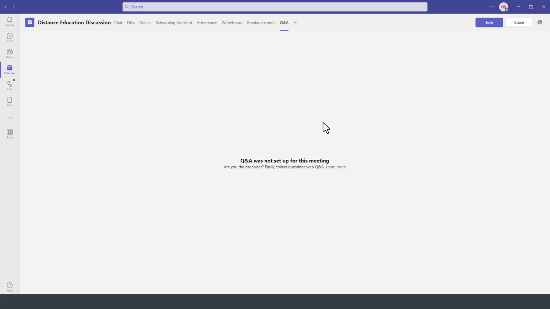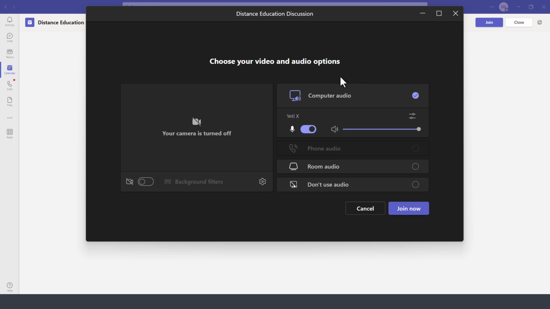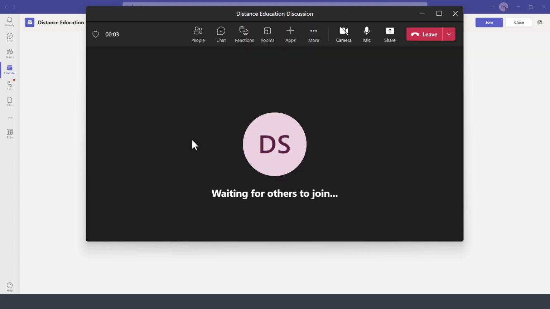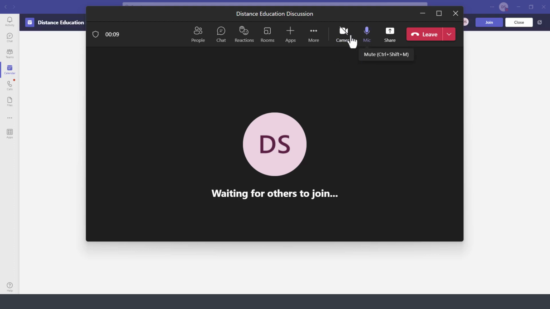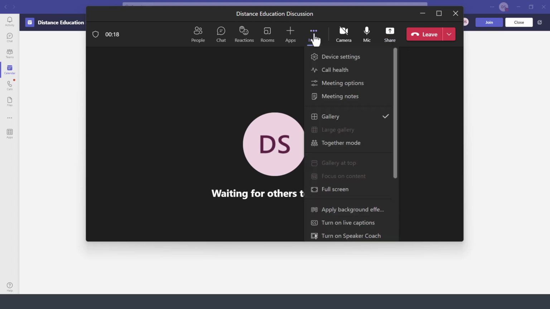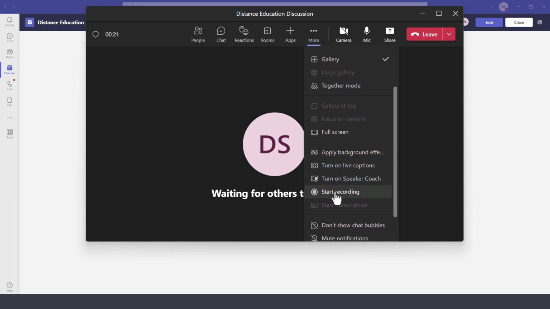Once the meeting starts, you can click here on Join, and that will be using the Microsoft Teams video conferencing solution. You'll click on Join Now, and then other members will be able to join via webcams here and control the video and audio from here on the top, share the screen as well. Under the More options, if you are the organizer of the meeting, you can click here to record the meeting